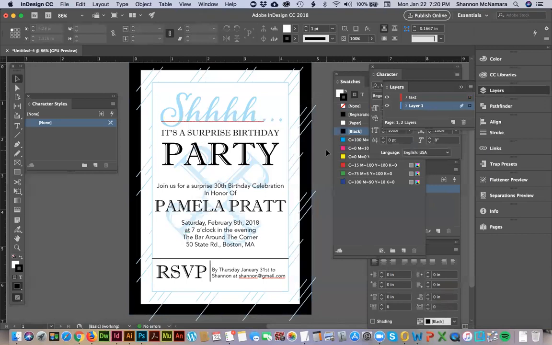And I kind of like that. All right, so Pamela's having a surprise birthday party. So you can see I've got some repetition going on with the lines that I've added. I have proximity with different parts of my invitation. I've grouped certain things together, and I have used fonts to make certain parts stand out, such as the party,